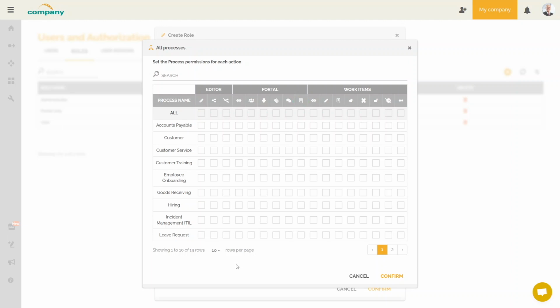Finally, we'll introduce actions for work items. You will learn more about work items in the automation training. You can provide access to work items for one or more processes. This option allows editing of work items. You authorize the creation of work items. This option provides the ability to change the responsibles for a work item. This allows the cancellation of a work item. And this allows you to reopen a completed work item.